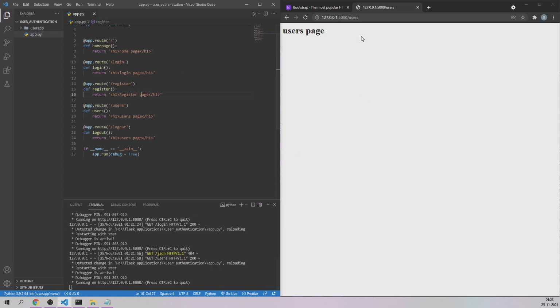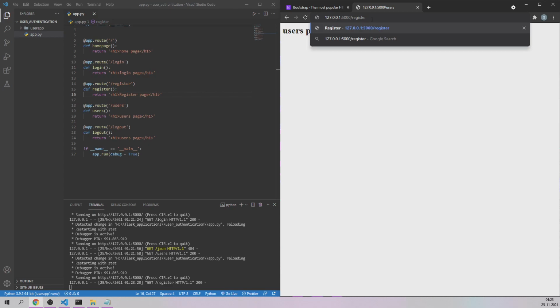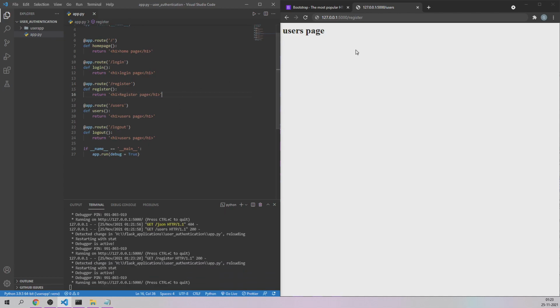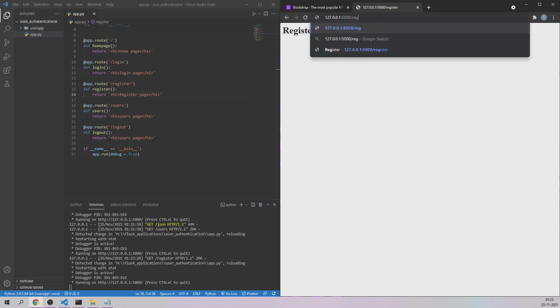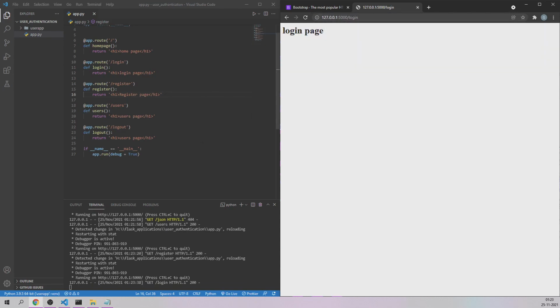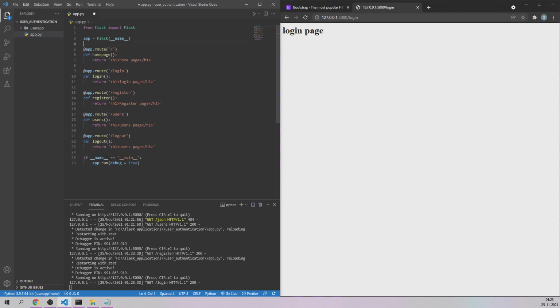It will refresh all the files, and here in the URL after forward slash we just have to give the route register. Please note, I'm writing register in small letters because in the route also we have mentioned it in small letters. Now just press enter and you will be inside the register page. Just like that, we'll be inside the login page if you give forward slash login, because that is the route. So this is how you can create a Flask application and run it in the browser. This is very, very simple.